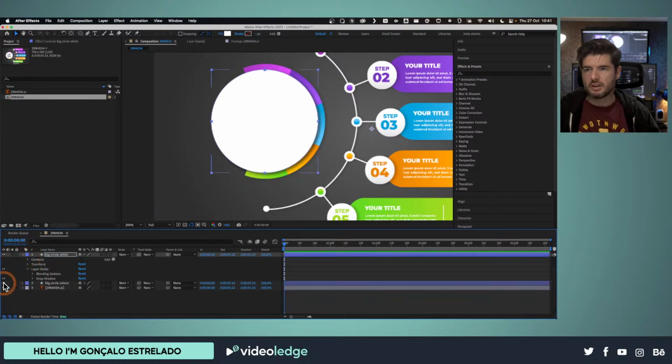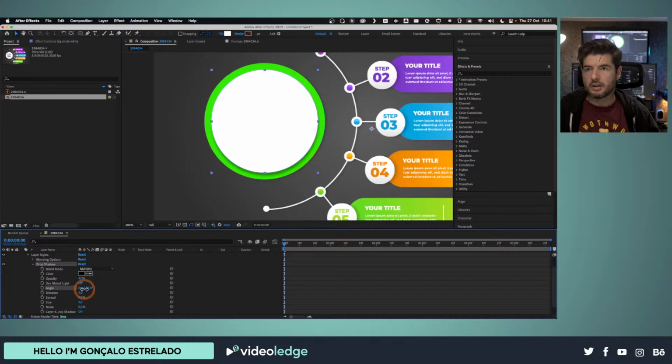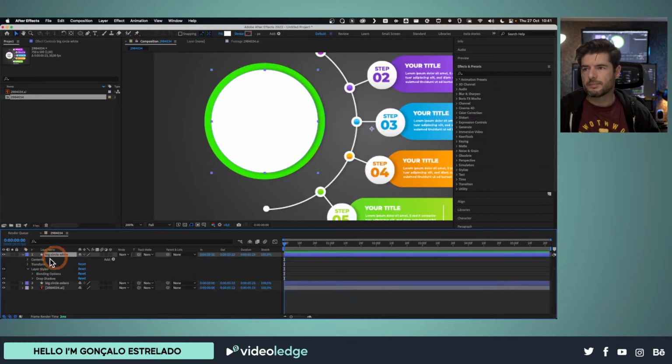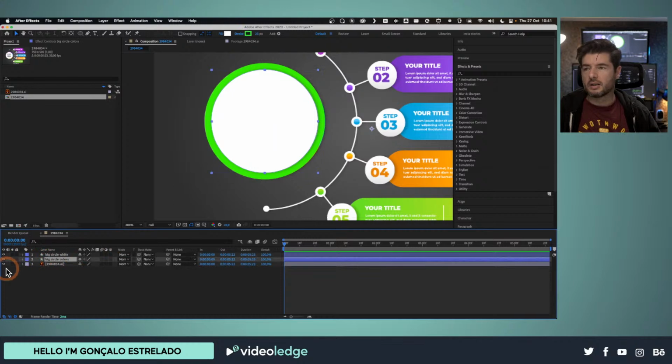And now if I turn on the other one, you can see the drop shadow on top of that one, as you can see there. If we turn down both, let me see the shadowing. The shadowing is just for the side, not so much on the top and bottom. So I'll go to the drop shadow, and the angle I'll put it more to the side like this. Maybe this size, okay, the size could be that, and the spread a little lower, like this. So it's good. And now we have to make